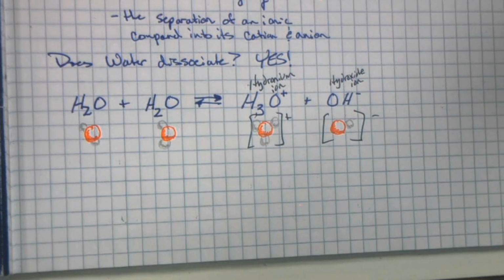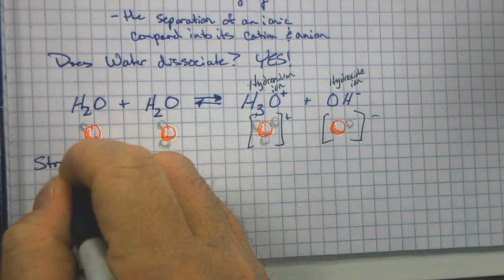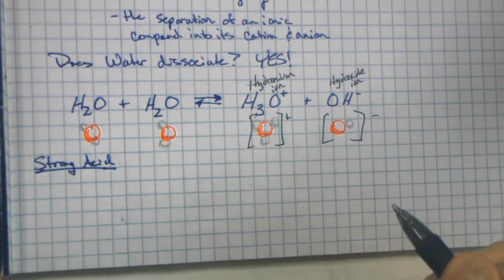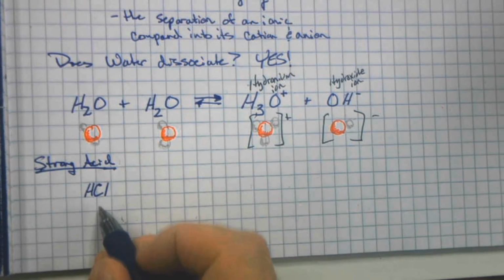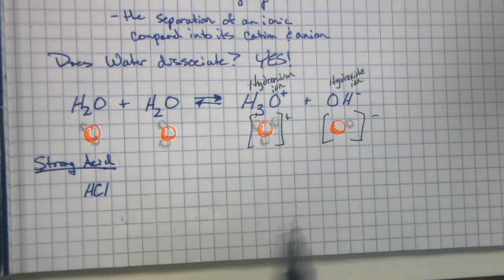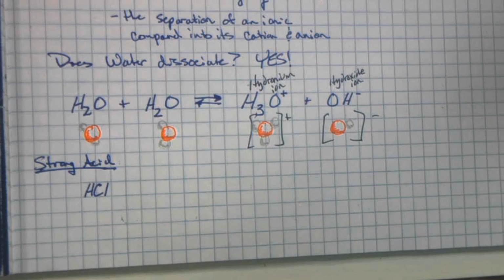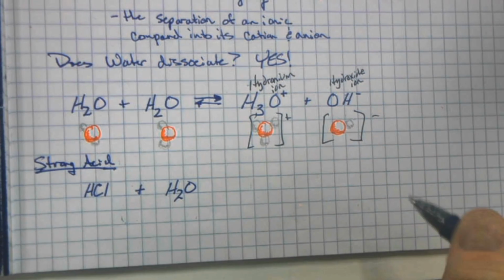Okay, so we're going to start with a strong acid. So what do acids and bases do? Strong acid. The example we're going to use is hydrochloric acid. Hydrogen chloride by itself can be crystallized. Crystalline HCl is pretty nasty stuff if you were to actually touch it, because the moisture in the air and the moisture in your hand would make a really concentrated HCl. And so you don't want to touch this stuff. But when you do put it into water,